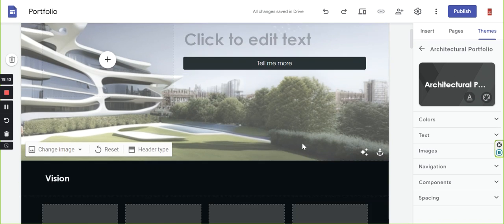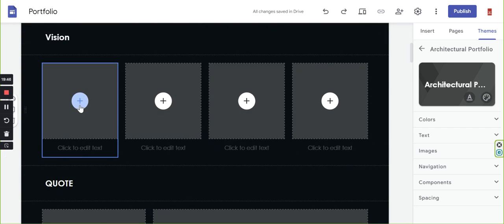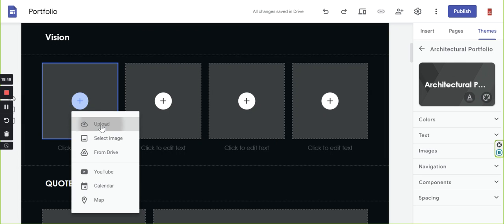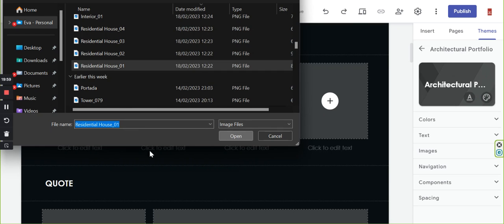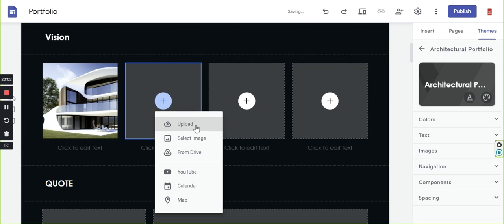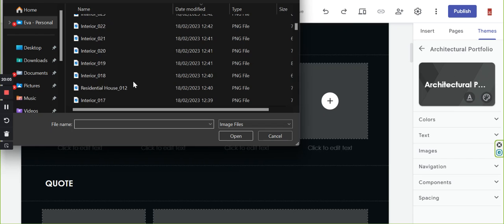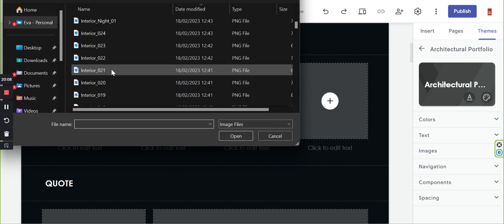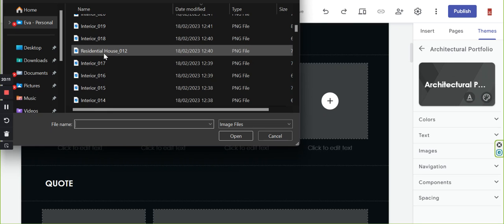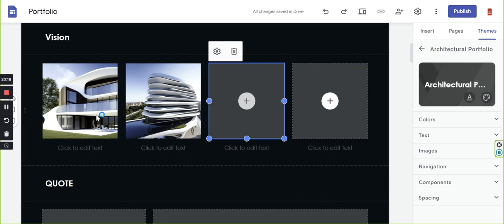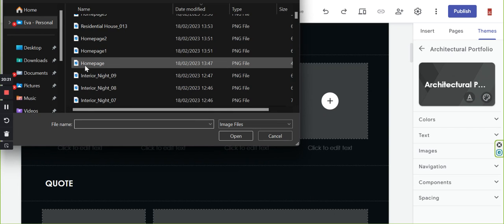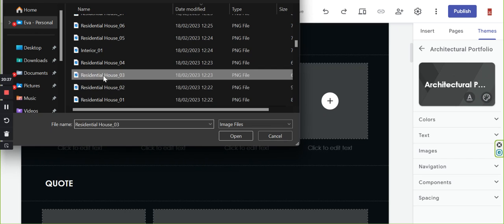So now once you have everything set up, you can just start adding your images. So we are going to upload images, for example here. We are going to start with residential projects. Let's say we are going to add the number 1 residential project, upload the number 2, residential project number 2, and number 3, we are going to add our residential project number 3,